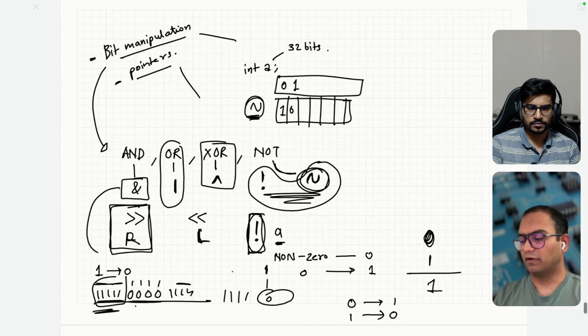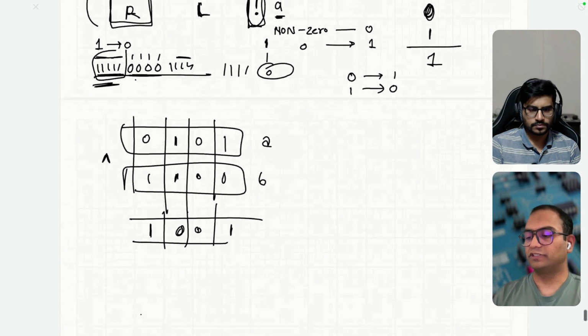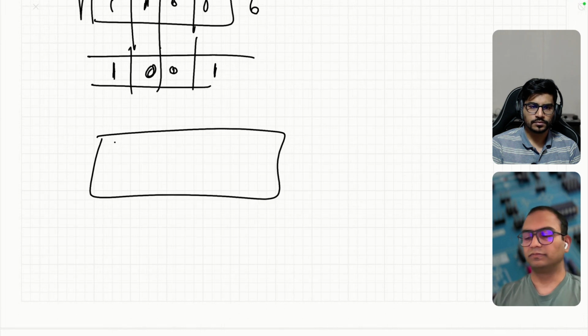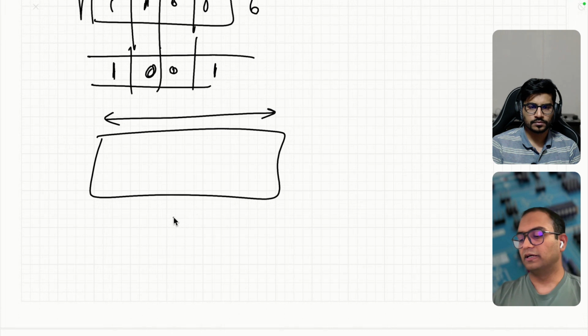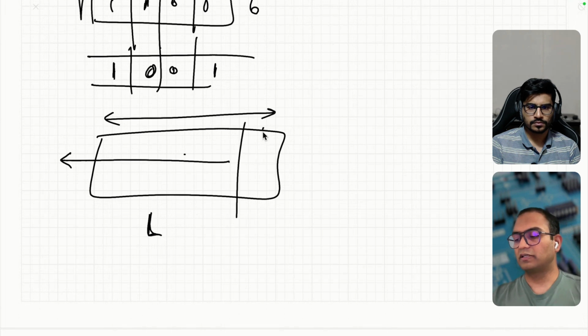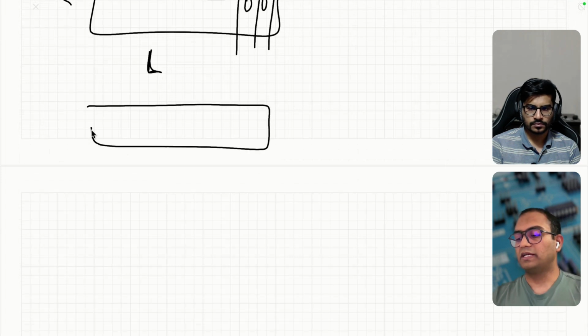What else do we have here? The right shift and the left shift. Let me just quickly run through that. The left shift, given your data type and the size of the data type and the variable, will push the bits to the left, discard the bits at the top, and put zeros at the bottom. That is what happens. In case of a right shift operation, what happens depends on